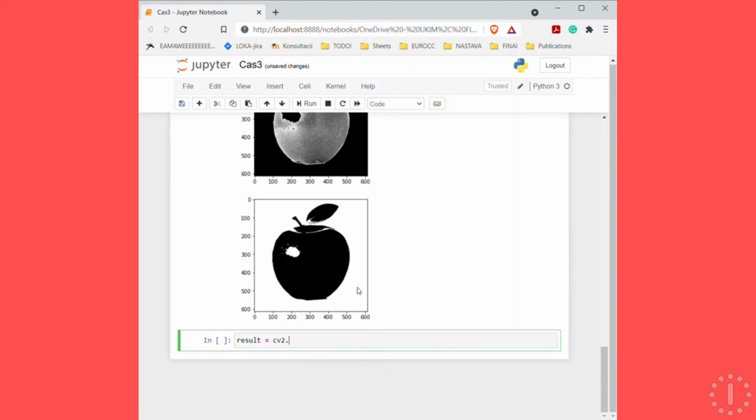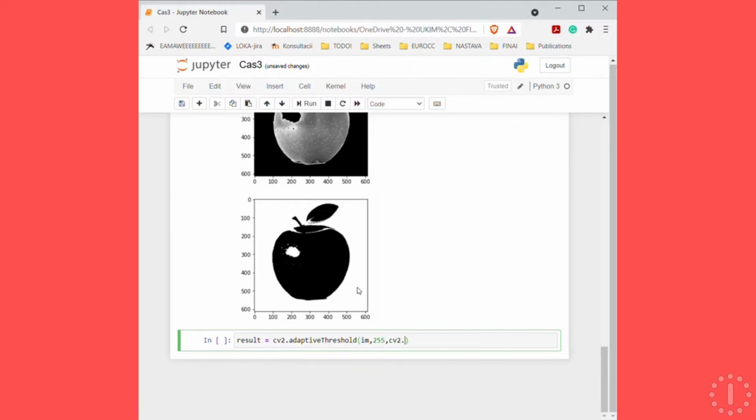So we're going to test it on the apple also to see the result. I'm going to write the image adaptive threshold. The first argument is the image, then we have the maximum value, then we have the